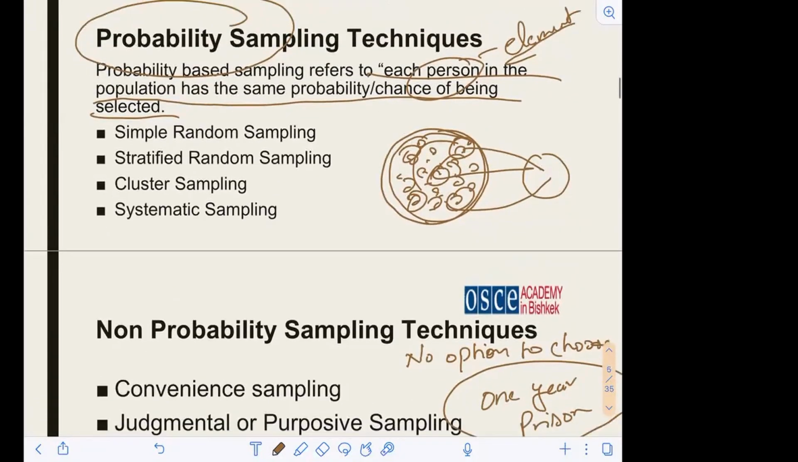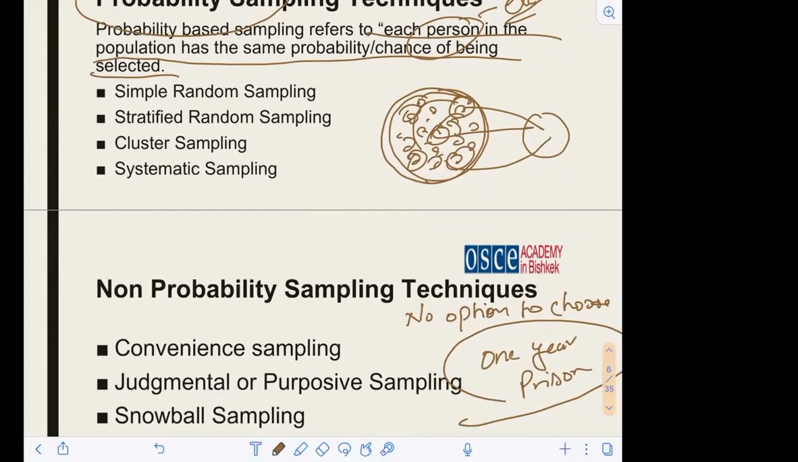Now, number one is simple random sampling. That is from the word itself, that you do it randomly. You just go and collect some information, depending on your research topic. Okay. And the next one is